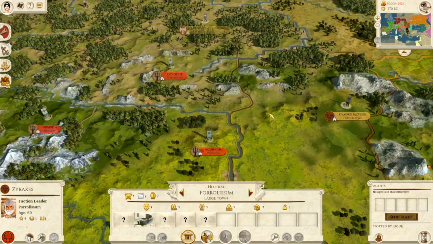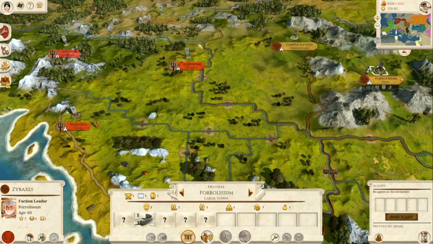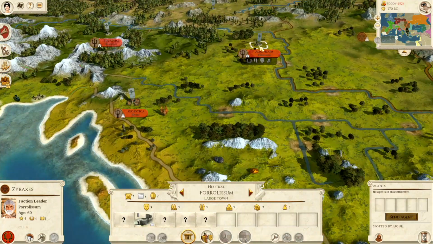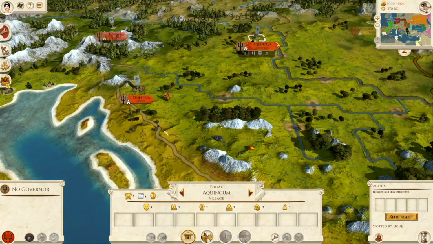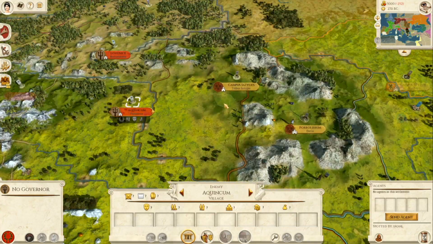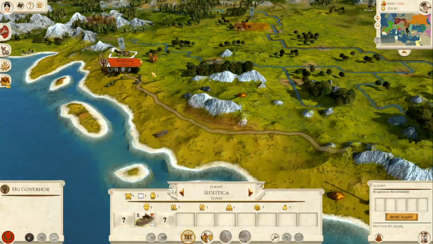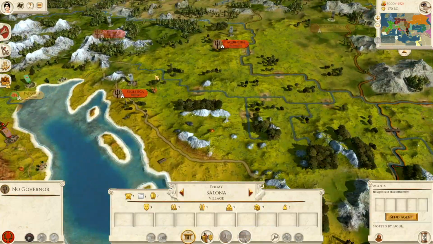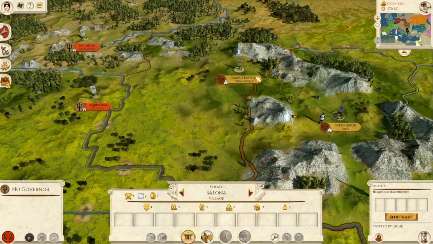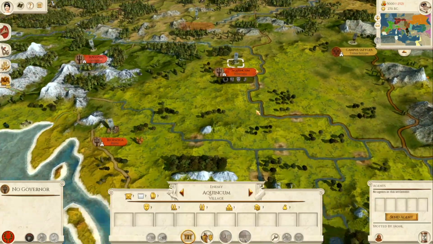Now, the last strategic area I can think of is probably this region, like Aquincum, this area. This area is in modern-day Yugoslavia and Hungary. So I would say Aquincum, Segestica, and Salona. I think this area is pretty strategic. So let's say as Dacia, why do I want to control Aquincum? Because Aquincum is